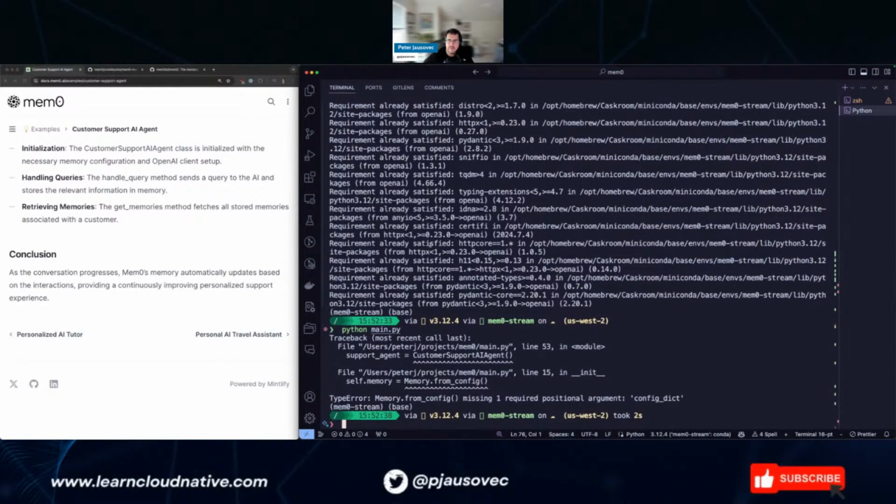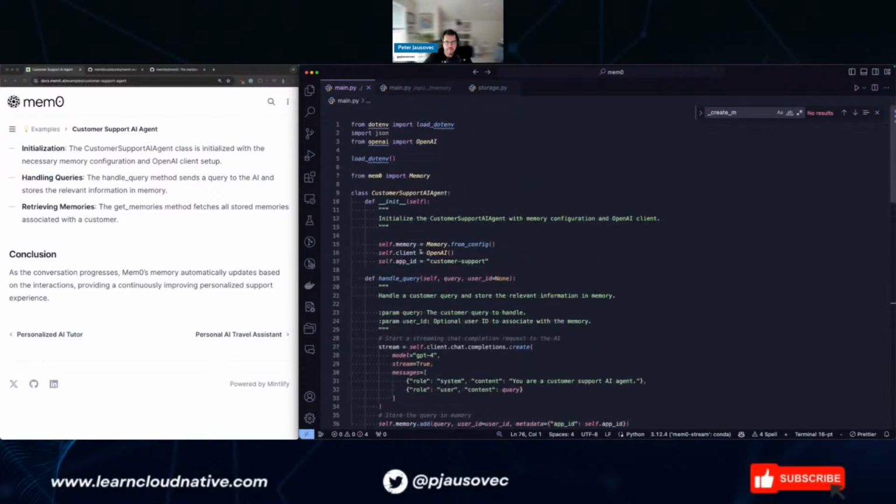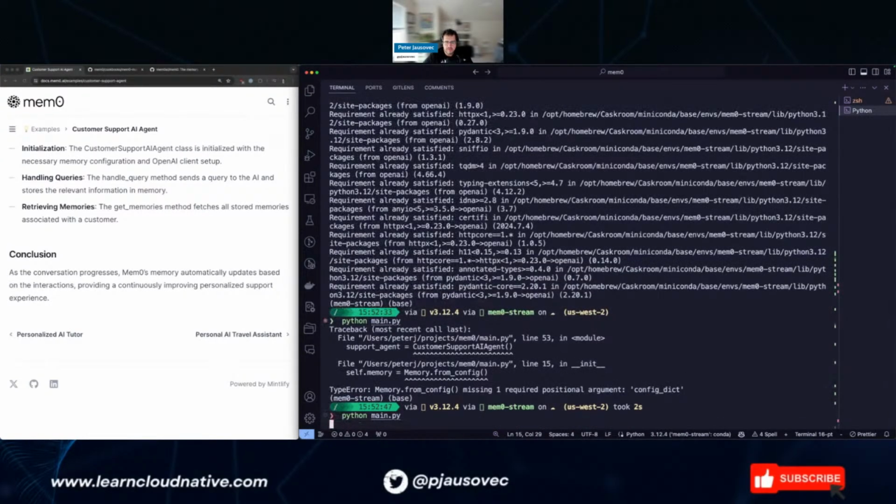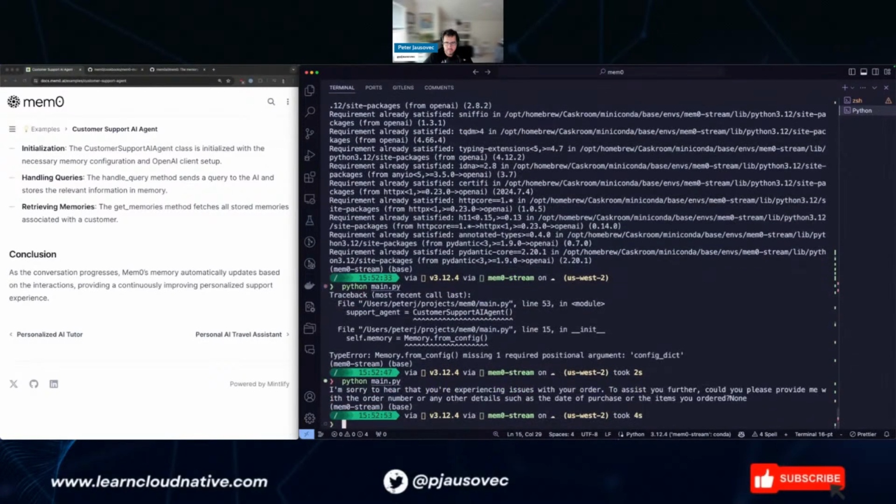Oh, it's not from config, because we don't have any config. We just want to use the defaults. Okay, now it's asking me to provide details. This would be a whole chat loop.